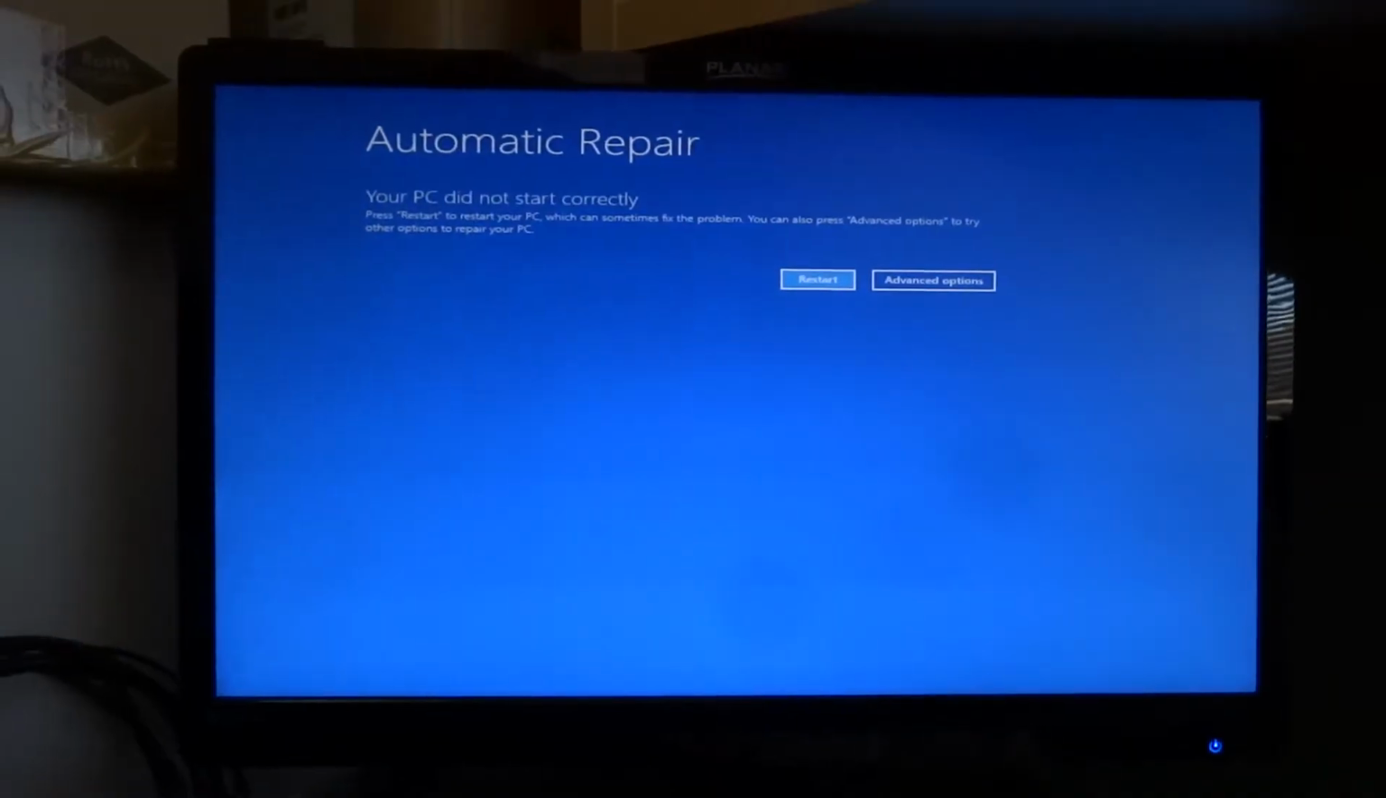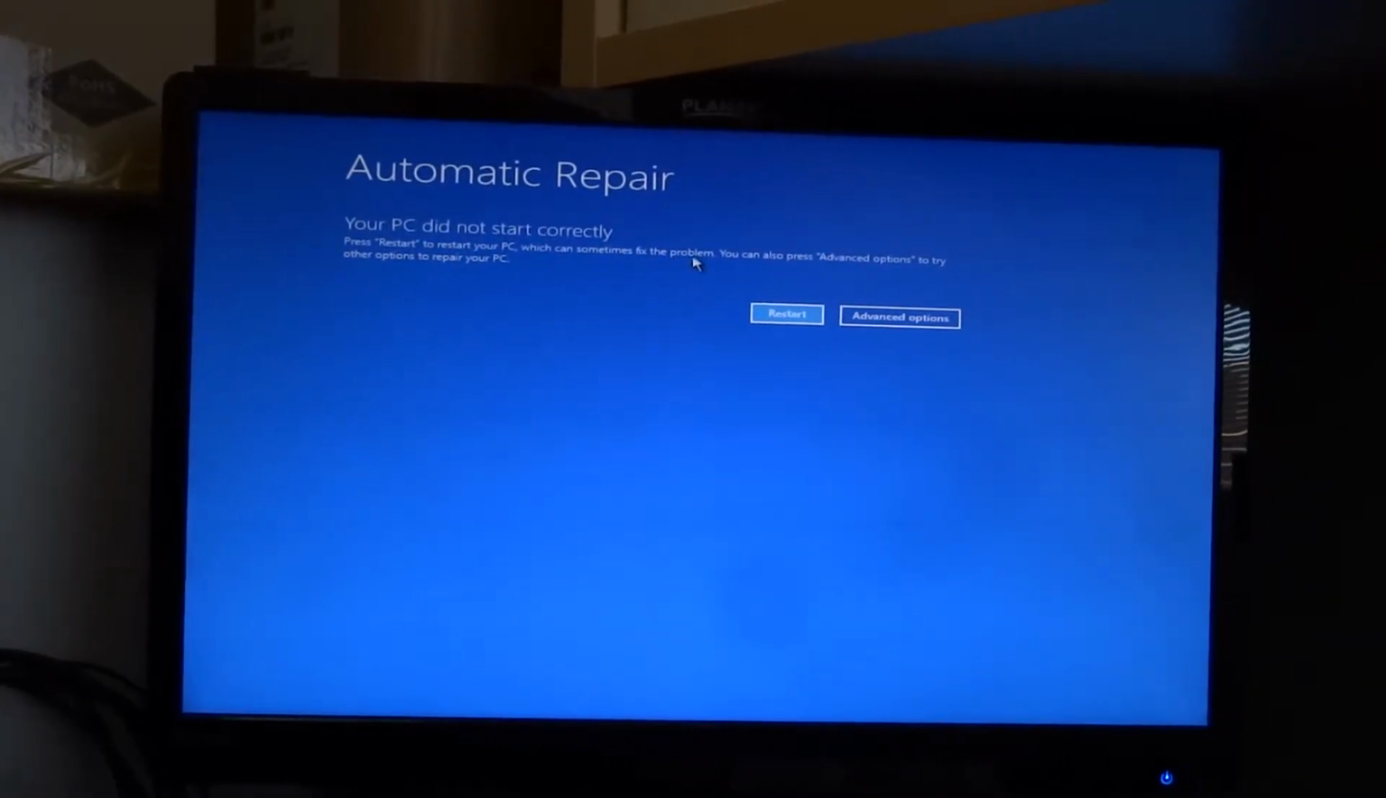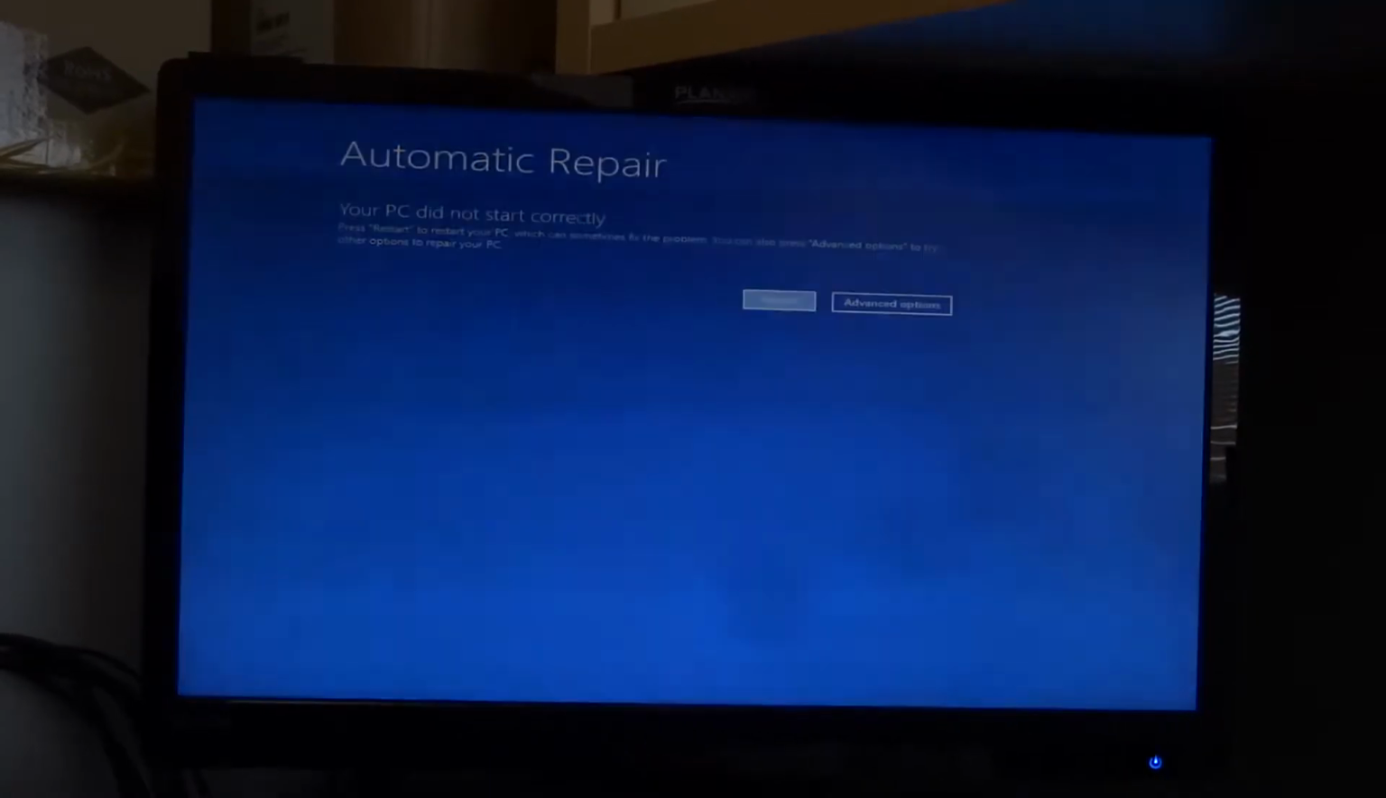Let's see if it locks up. All right, automatic repair. Let's restart your PC service sometimes. Okay, yeah, let's restart it. If this doesn't work, I'll stick the Windows key in here, and then we'll try and repair the operating system